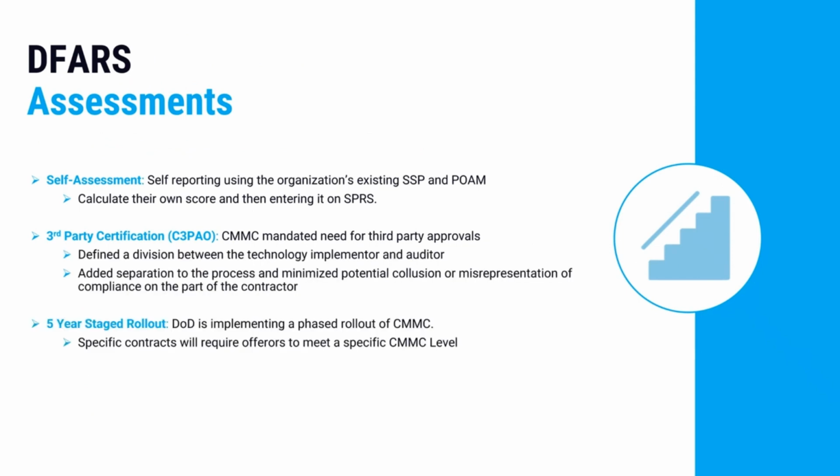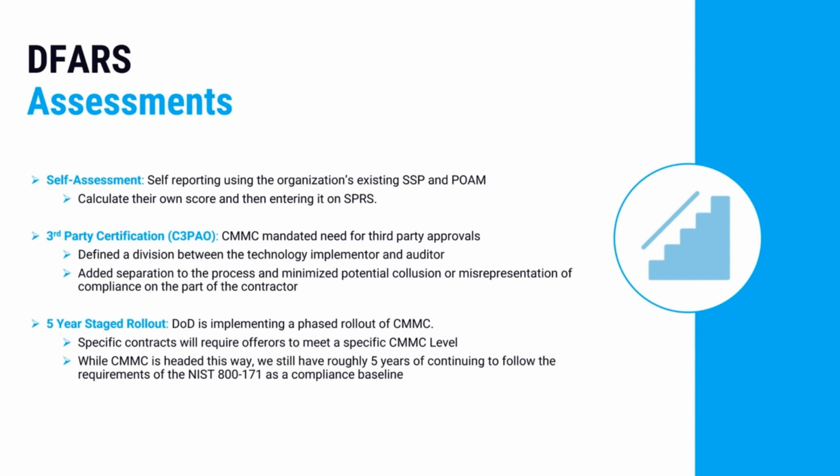There are a few different types of DFARS assessments. The self-assessment is a self-reporting mechanism for gap assessment against the 800-171 framework. It includes the requirement of the completion of a system security plan. The system security plan really is a document of how the controls you've implemented to meet the requirements of the framework are implemented throughout your organization. And it also requires a plan of actions and milestones. So any gaps that were identified from a risk assessment that you performed would be listed on your plan of actions and milestones. Those generally have the